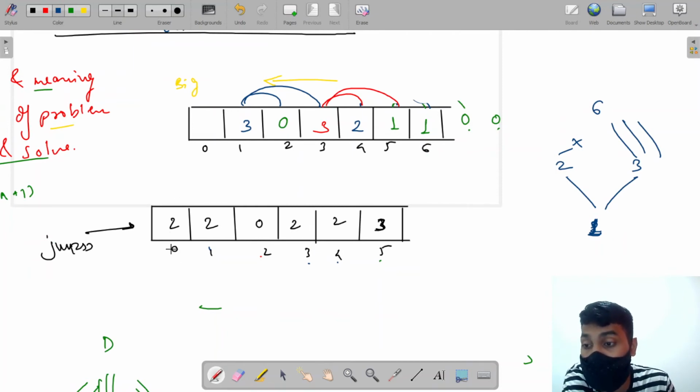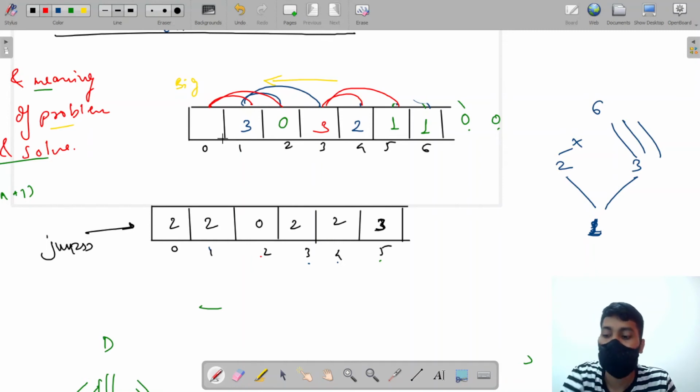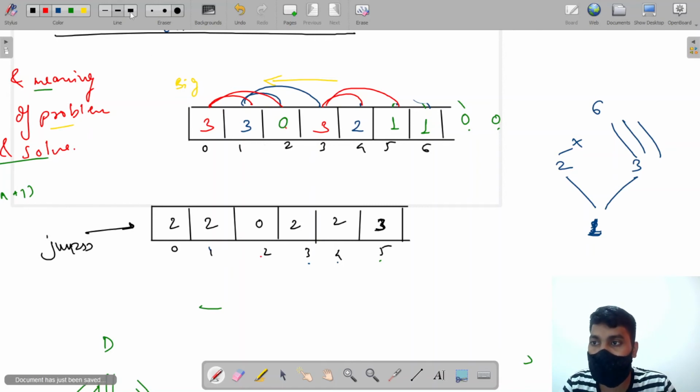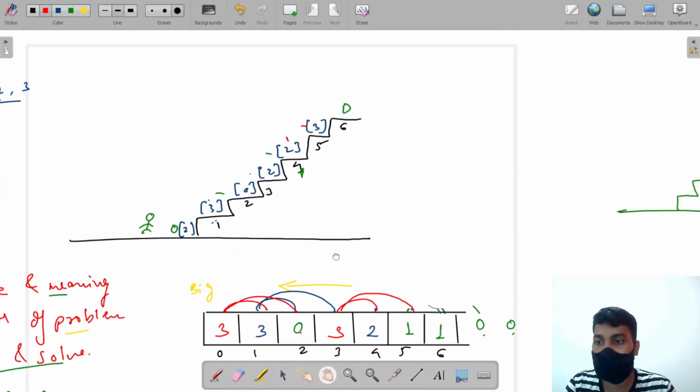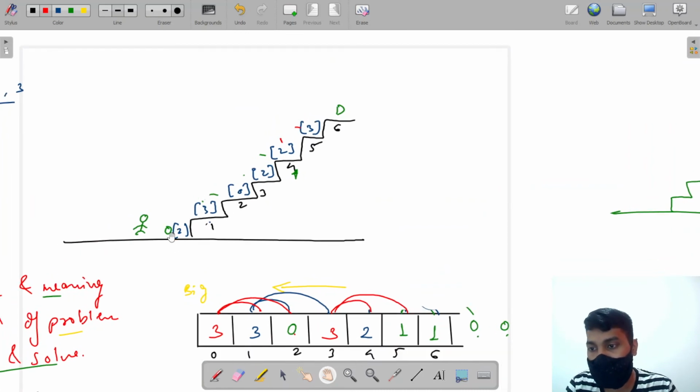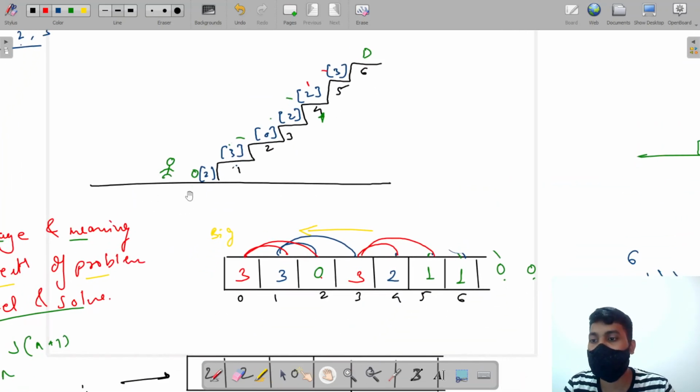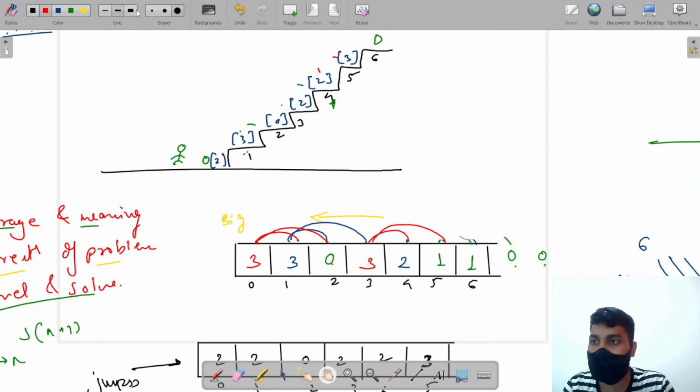Similarly, sorry, from 0th stair, how many choices we have? We have a choice of two jumps, that is 1 and 2. Again it is going to be stored here. So with this, how many choices we have? 0 and 3. Therefore the answer will be stored here, that is 3. Therefore, where will our final answer be stored? To climb up from our 0th stair to our destination stair, the answer will be stored at the 0th position, right?